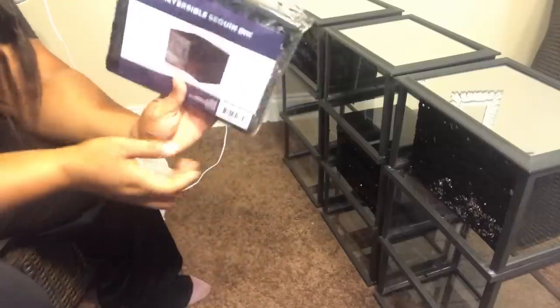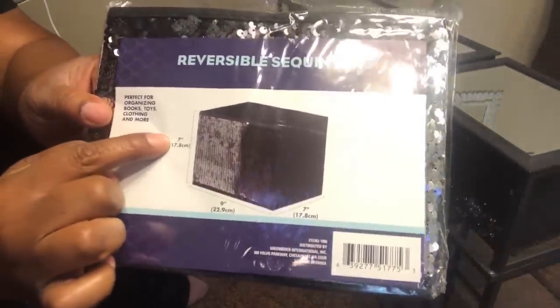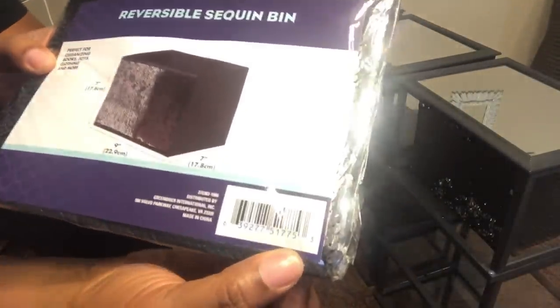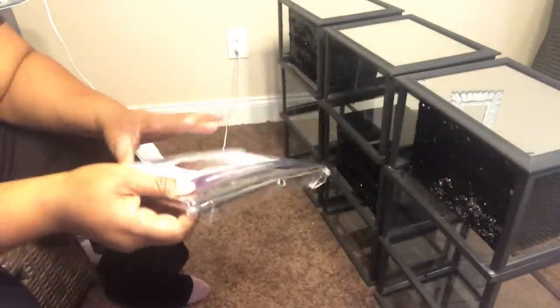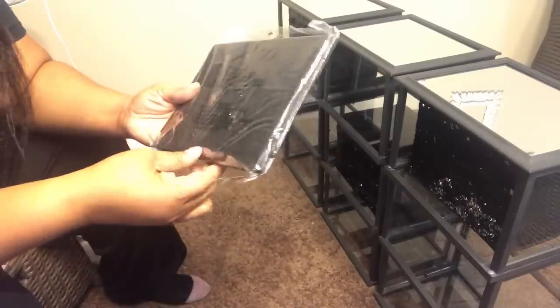So this is optional. I'm not sure if I'll go back later and add the napkin rings or not. But as far as the bin here, I noticed that they have about 3, maybe 4 different sizes of these bins at the Dollar Tree. So the actual size that I use for this project,